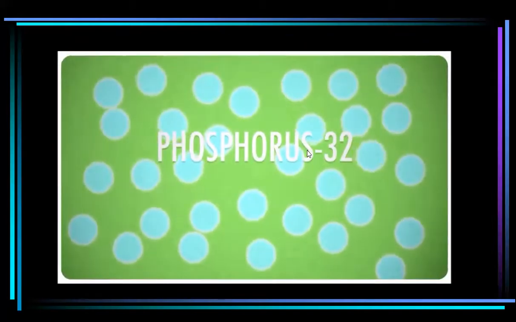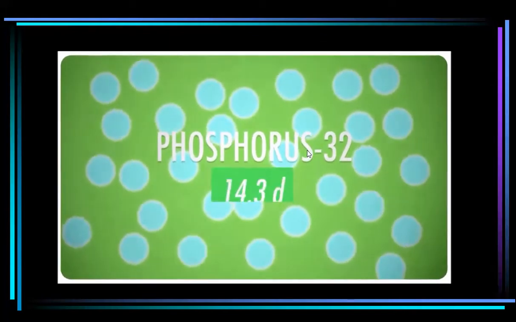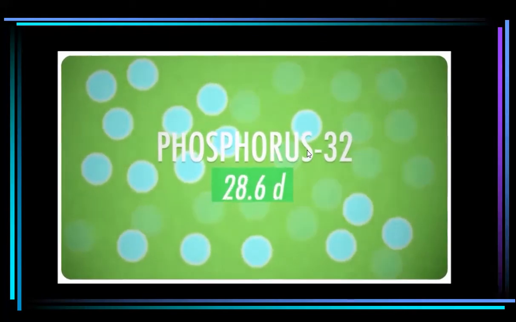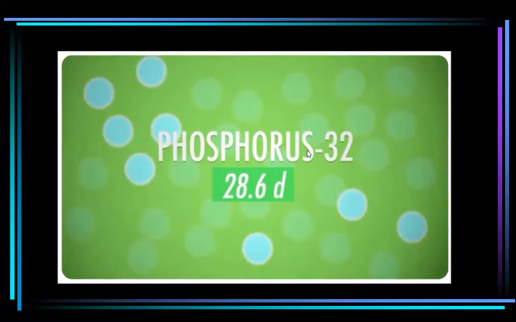By knowing the half-life, we can calculate how much of a sample will be gone in a given amount of time. For example, the half-life of phosphorus-32 is 14.3 days. So if you start with a 100-gram sample, after about 2 weeks, you'll have 50 grams left. After another 2 weeks, half of the remainder would decay, leaving only 25 grams of undecayed phosphorus, and so on.